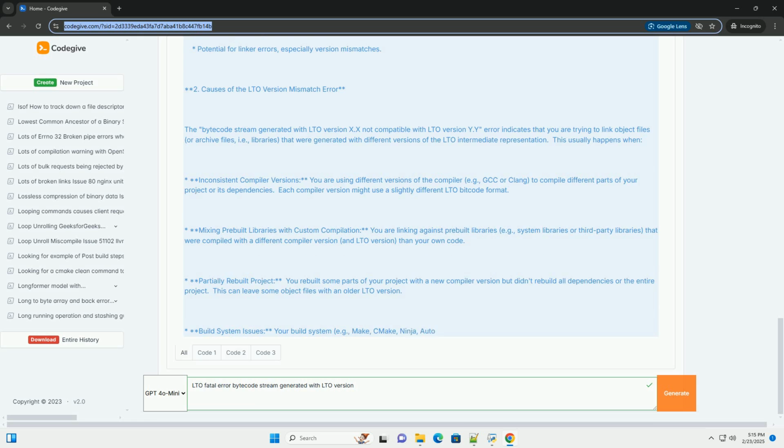Consistent compiler version: the most important preventative measure is to use a consistent compiler version throughout your entire project, including all dependencies. This means carefully managing your build environment and ensuring that all developers on your team are using the same compiler. Build system configuration: configure your build system, for example CMake, Make, Autotools, to enforce the use of a specific compiler version and LTO settings. Use environment variables or configuration files to control these settings. For example, in a Makefile, you might define